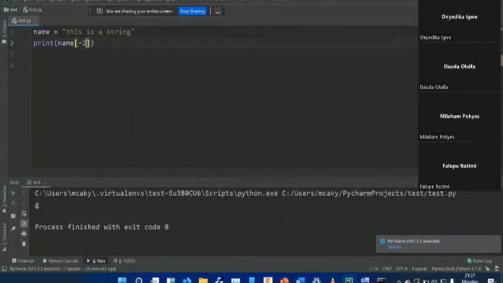Likewise, when you put -2 and run your program, you receive the second to the last character. So note that in Python, even empty space is considered a character. For example, let's see 0, 1, 2, 3, and then the empty space is 4. So let's try